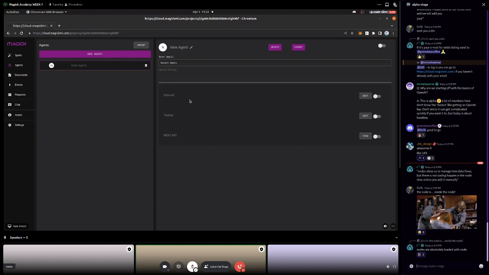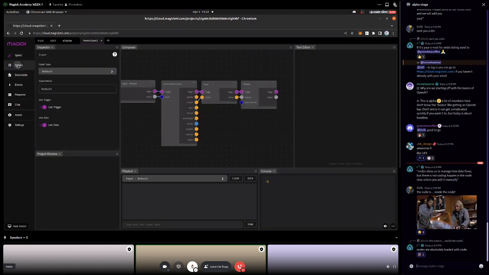It runs Discord or Twitter. It's like a server. It's an application that's running, waiting for this input. And whenever it receives the input, it will respond by running the spell and then sending the output. So a full Magick app, or really any kind of AI application, is going to be a combination of graphs as well as the agents to run the graphs.